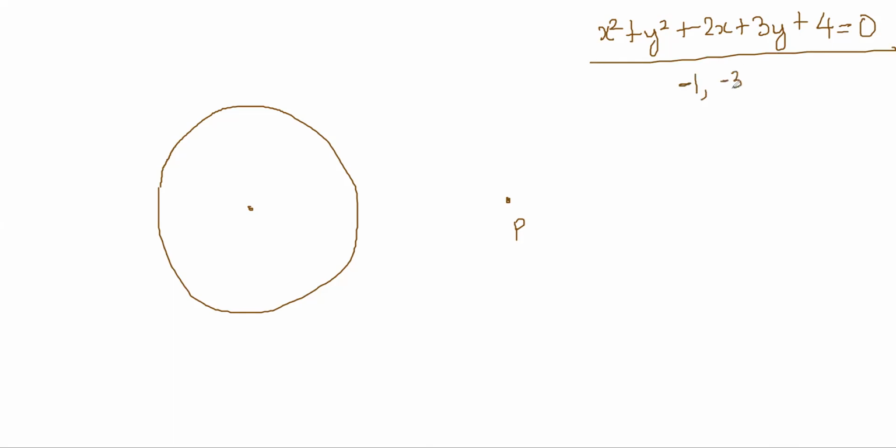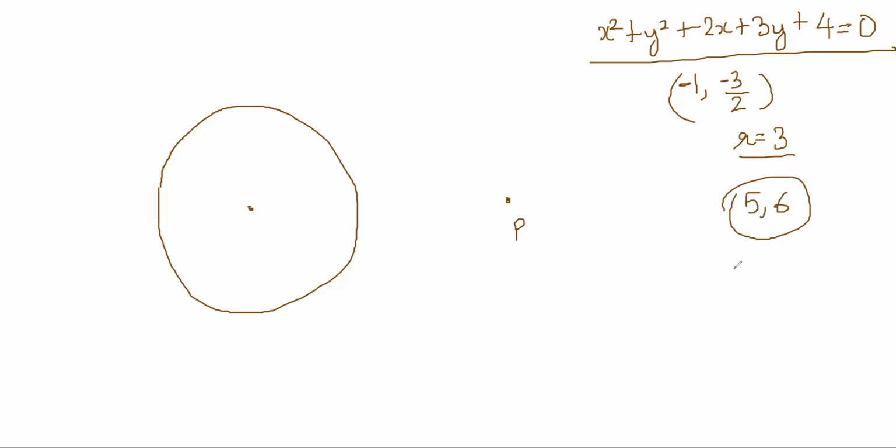So now I can find the polar very easily, because given a circle and a point, give me any circle, I will just do it very easily. So let's just make an arbitrary circle: x square plus y square plus 2x plus 3y plus 4 is equal to 0. The center is at -1 comma -3 by 2, and the radius is equal to root over 4 plus 9 by 4 minus 4, so 3 by 2. And point P is, let's say, 5 comma 6.